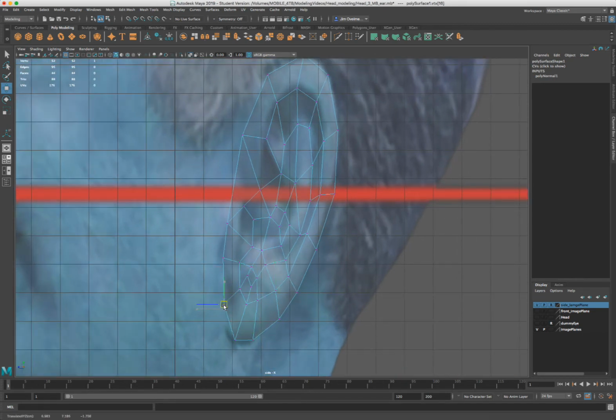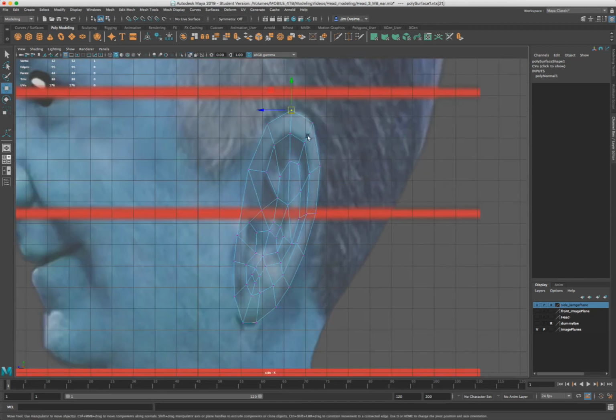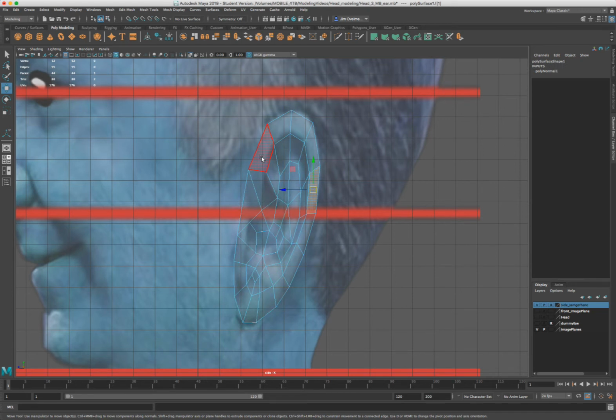All right, now it would be great to have 3/4 reference. We can't really see anything on the side. We don't have it in this case, so we're just going to have to make it up. Maybe you drew a turnaround of your character, which would be great. You have that extra input, feedback for how you should do it. But I'm going to do some guesswork here, and what I'll do next in this stage is I'm going to,